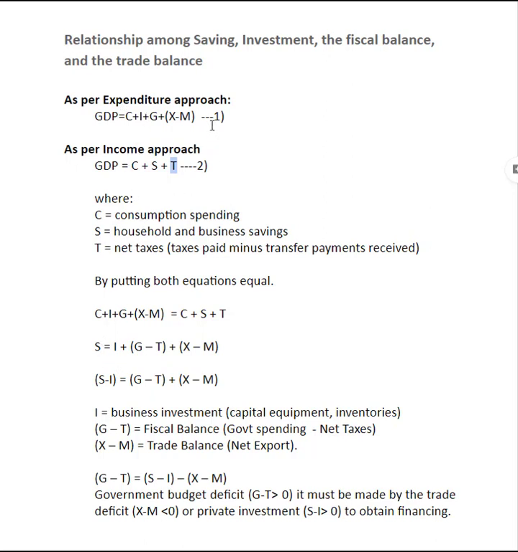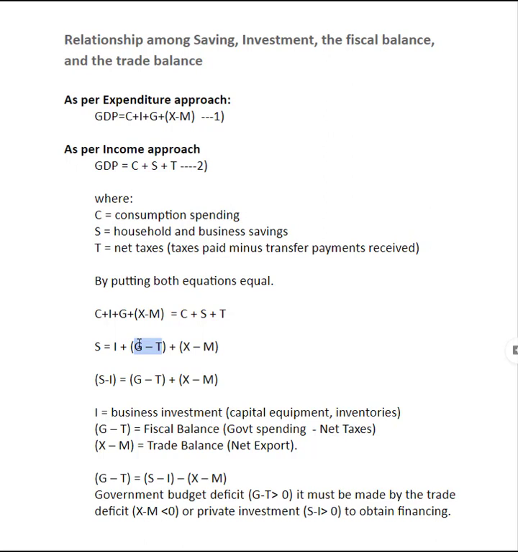So we can set equation 1 and equation 2 equal. Since the left-hand side should always equal the right-hand side, we can remove consumption from both sides and rearrange this equation, where saving equals I, representing investment, plus G minus T, where G is government spending and T represents taxes. So this represents the net government spending, or